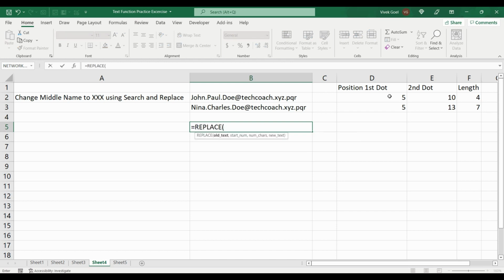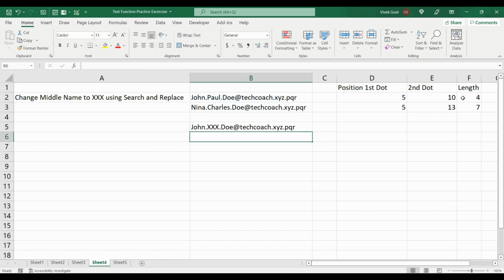Now we just need to plug this function into our replace function. This string will be our first parameter. We will start from the position after the first dot, and we want to replace these many characters with XXX, and we get the answer we were looking for.